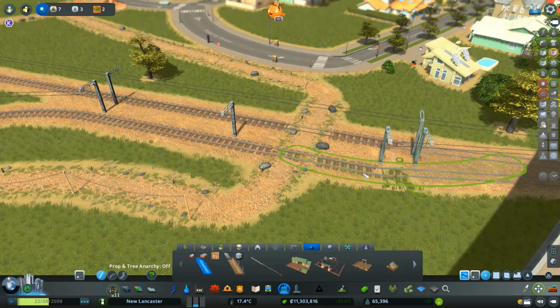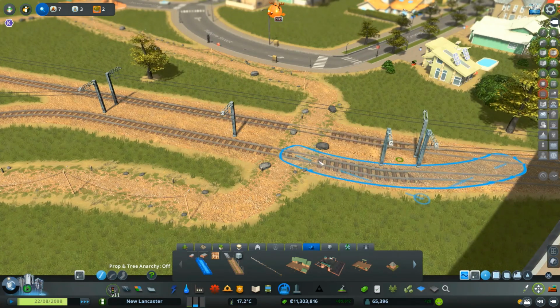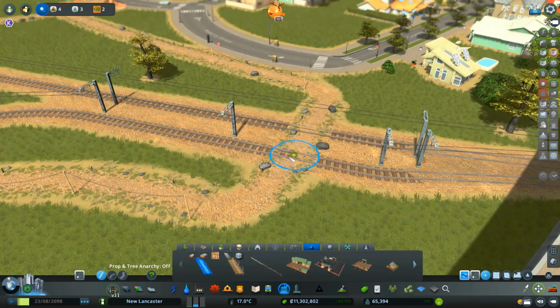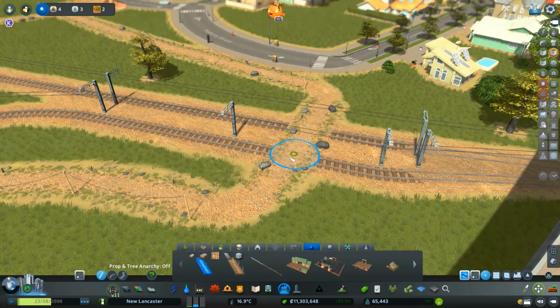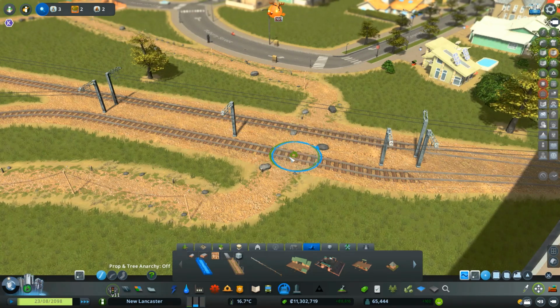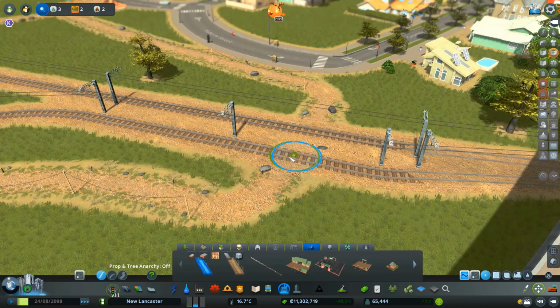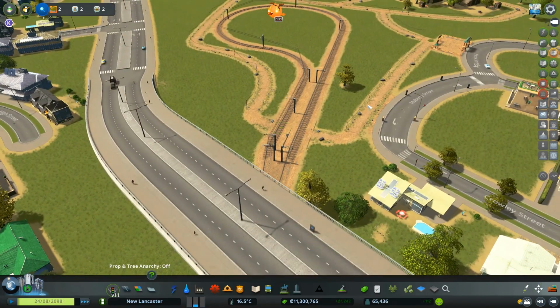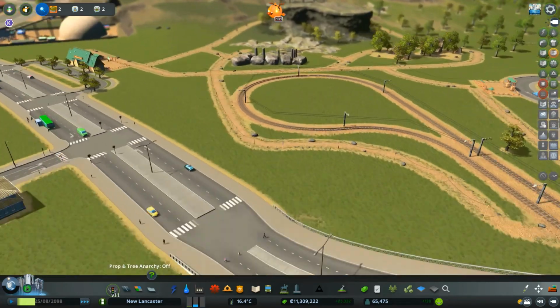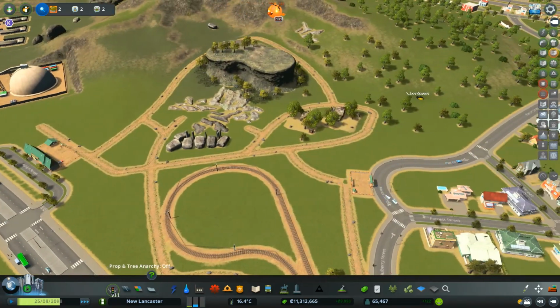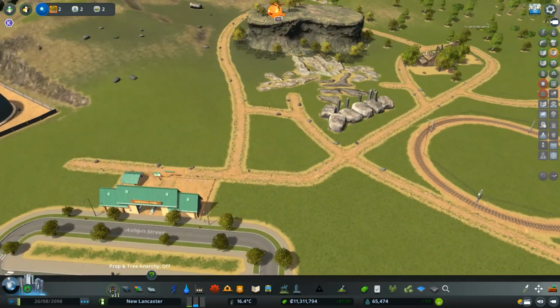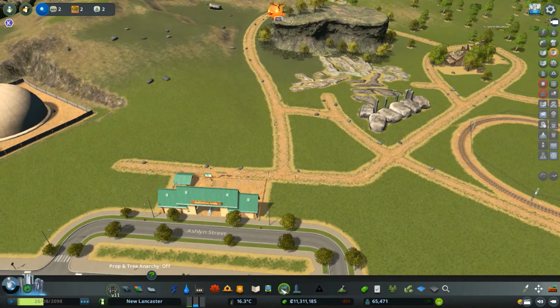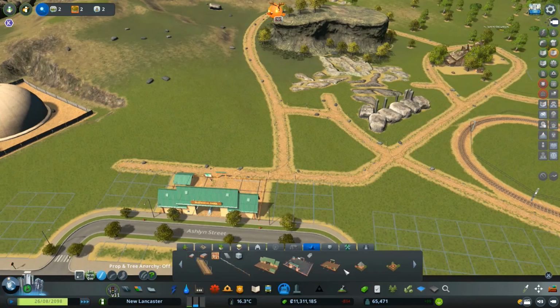Alright, it's glitching out a bit. Let's use that and we'll lower it down. There we go. So maybe people walk across these old tracks. I don't know. We'll see. But now we have 2 entrances. This should be good. And then we need to start actually kind of decorating the park itself.